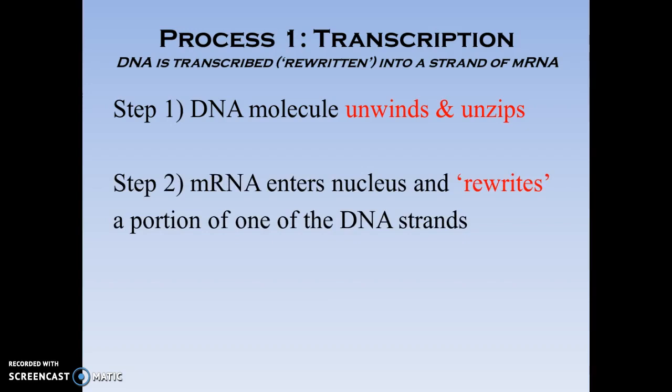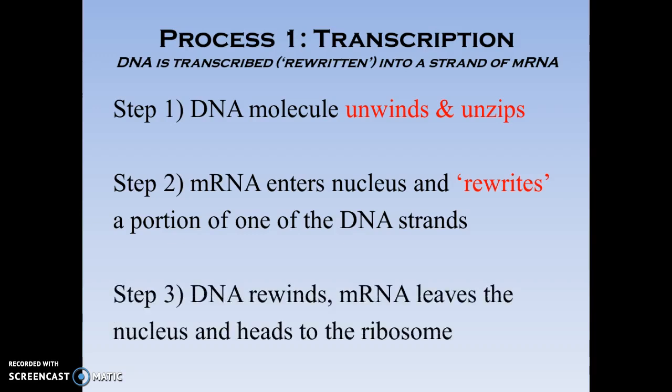Next, mRNA is going to enter the nucleus and rewrite a portion of one of those DNA strands. Finally, the DNA will rewind, re-zip up into the double helix, and mRNA will be able to leave the nucleus and take that message out to the ribosome. So the DNA will unwind, RNA will be formed, and the DNA will go back to normal